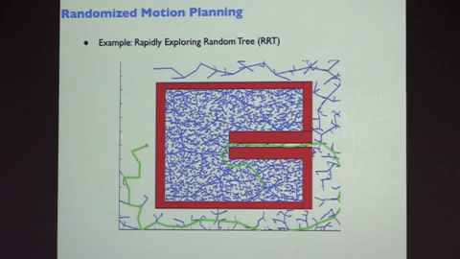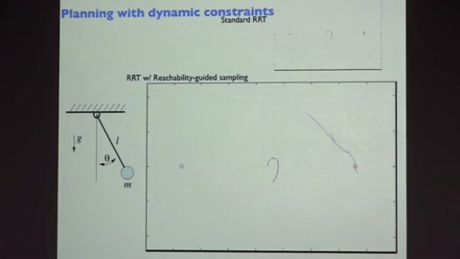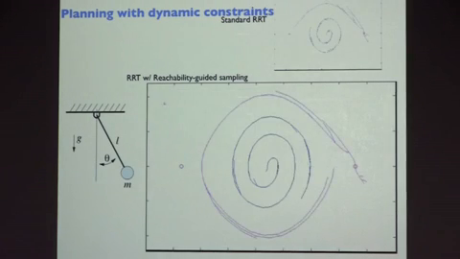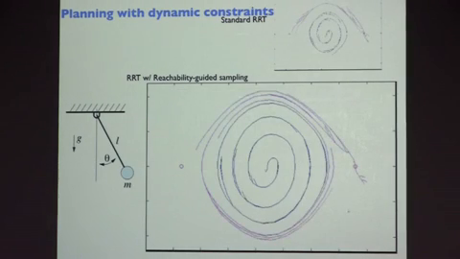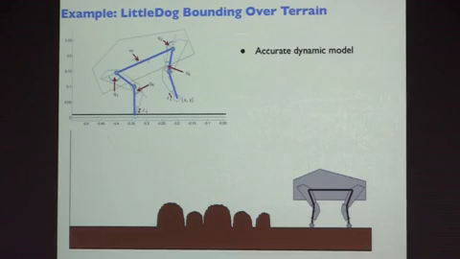So these things have the possibility of working for really pretty complicated problems. We've done a lot of work trying to make them work more efficiently for systems that have dynamics. Just an example of the pendulum, but we can make them work a lot faster with some simple knowledge and heuristics about dynamics. And that sort of culminated in our ability to now take a model of Little Dog. We spent a long time doing system identification. We built a dynamic model of a planar version of Little Dog with accurate foot slip.